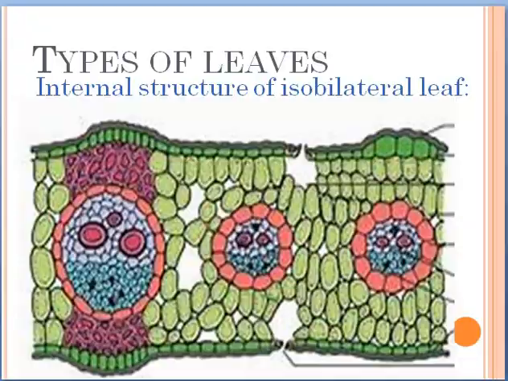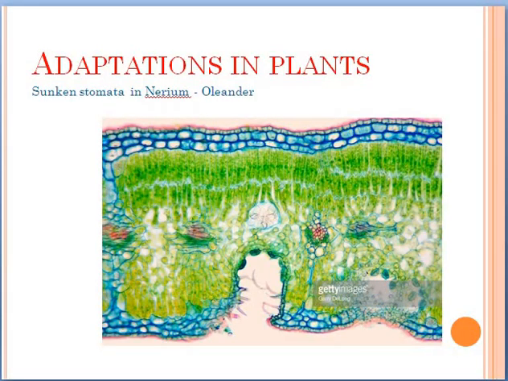But in a dry plant, for example Nerium oleander, this Nerium plant loves to grow in a dry area, or somewhat drought area, a drought-habiting area. So in this area, if the stomata is present like that, generally the water will be going out very fast. Water will get lost from the plant very fast. So naturally there is an adaptation. This is a stomata. Here in this sunken pit, the stomata is present.